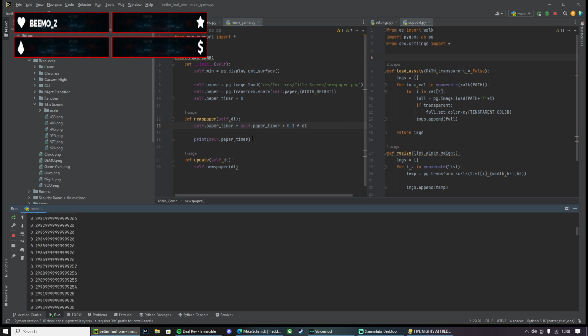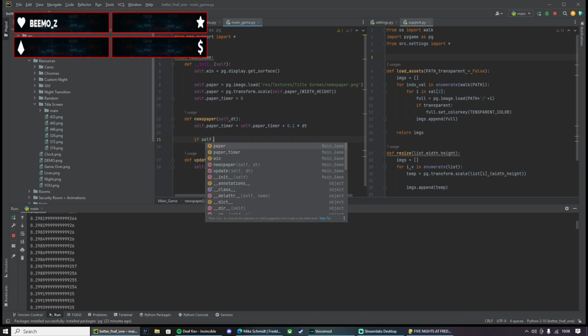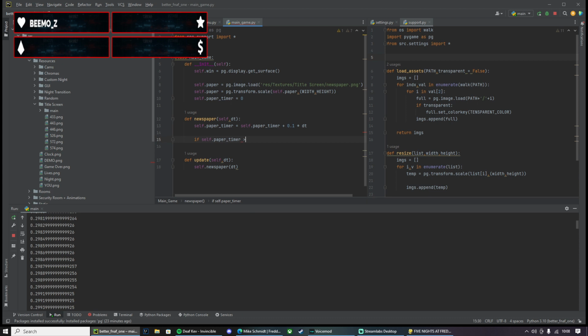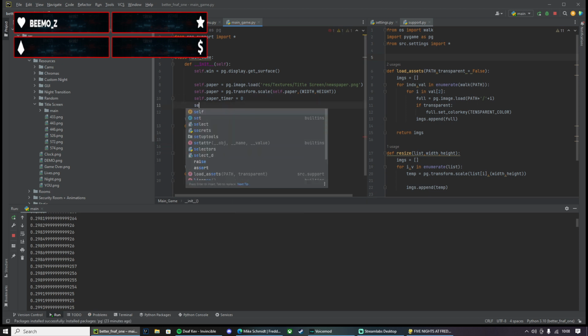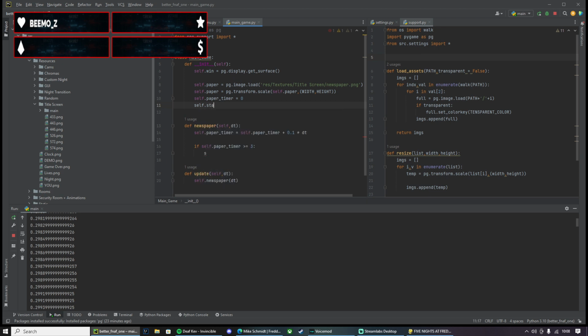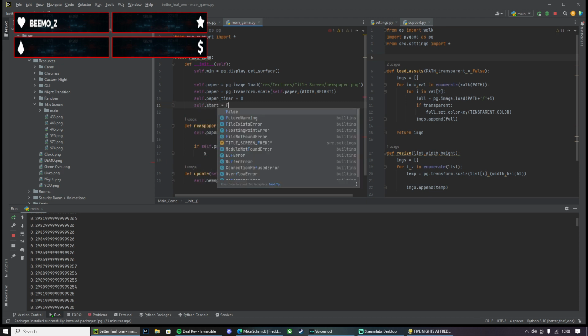Now we just need to do a loop. So if self dot paper timer is greater than or equal to, let's go 3 seconds. Let's make a boolean as well. False.